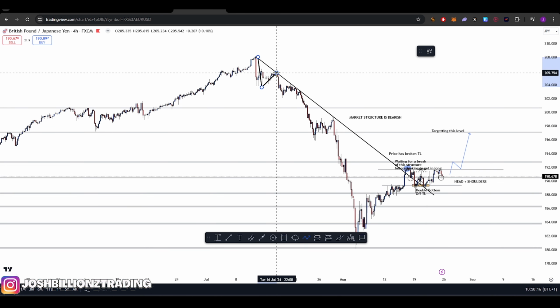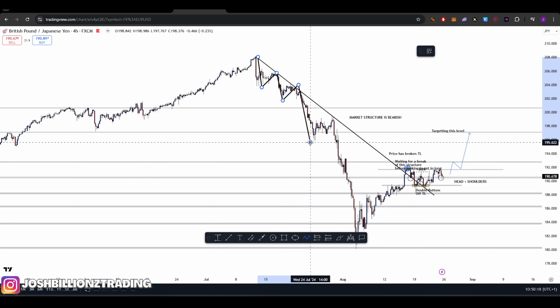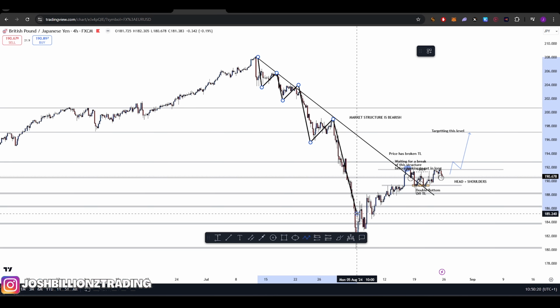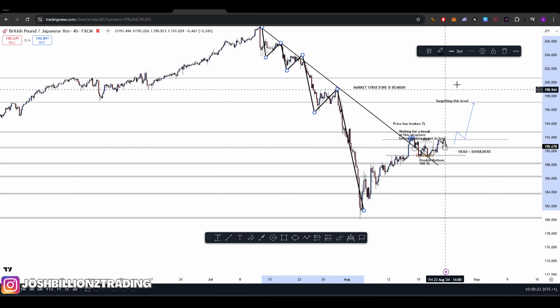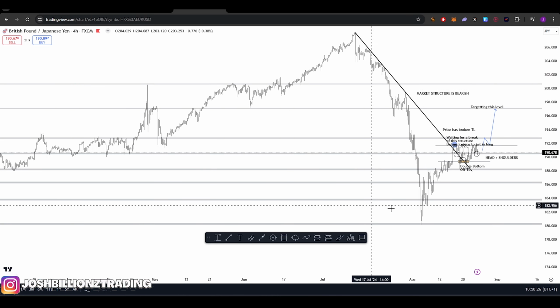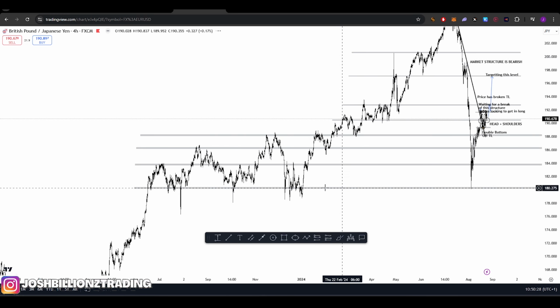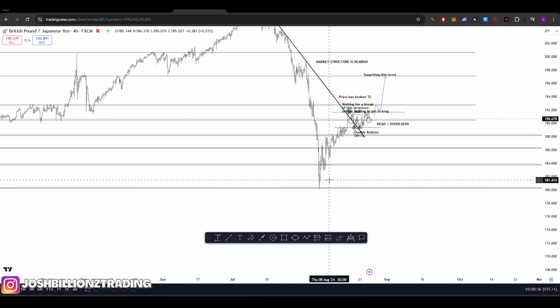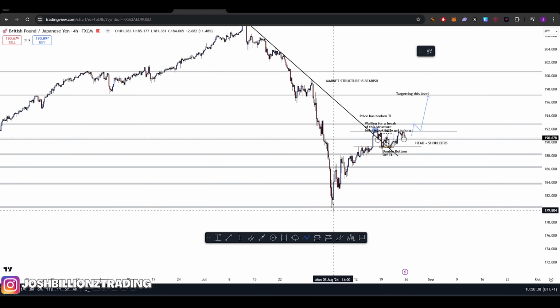As you can see, lower lows, lower high, lower low, lower high, lower low, lower high. We had this strong impulsive push lower. Since that push lower here, we've come into this level of support, which hasn't been touched since the beginning of this year. That's when price came back into those lows, the support from the beginning of this year, and then we've just